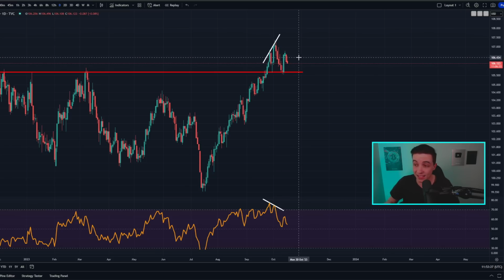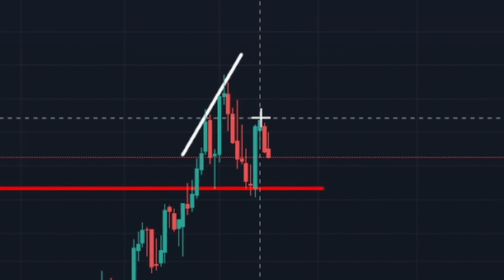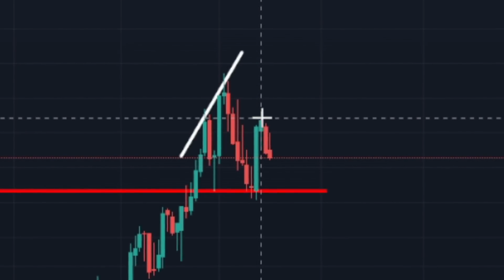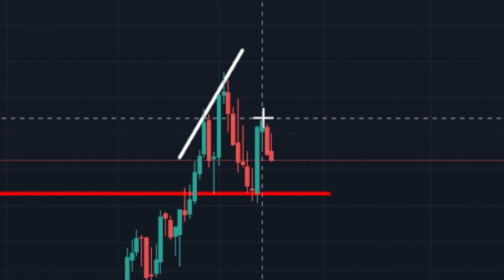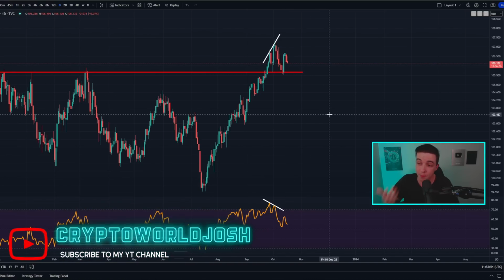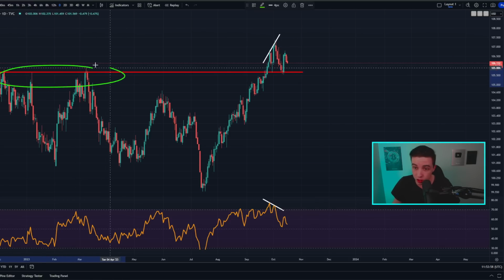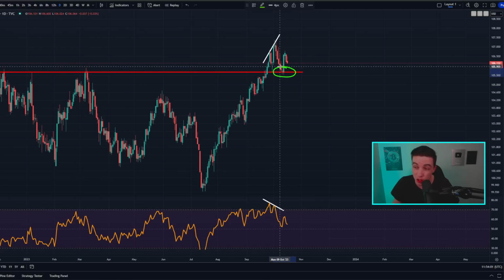And right now, as of recording this video, it looks like the US dollar index, also known as the DXY, is potentially forming a lower high, which is a sign of bearish price action. It is a sign of bearish price structure. But the ultimate bearish signal that we would need to pay attention to would be a possible break below this line right here, which was previous resistance and has recently acted as new support.